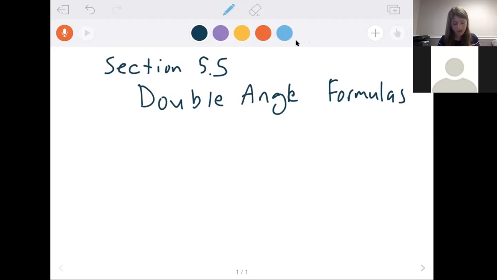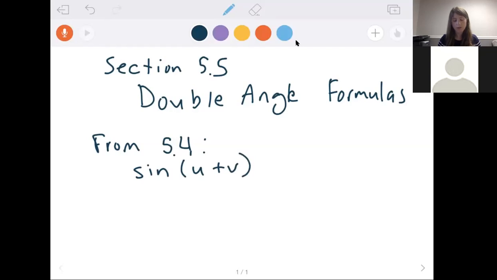All right. So if we remember from last time, we were studying the sum and difference formulas. So we had these formulas that told us what to do if we were looking at the sine of u